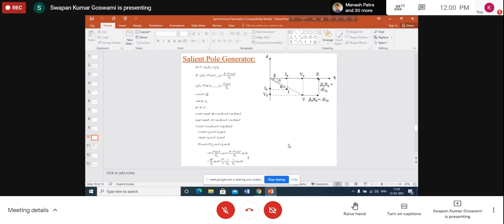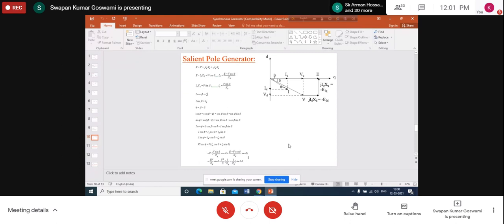Means we can say that salient pole type machines are having greater inherent stability than the cylindrical rotor type machine. Inherent stability greater কেন বলছি, because by changing a small value of delta, you will have a greater variation in P, or for a greater variation in P, there will be small variation in delta. কম চেঞ্জ করতে হবে, অর্থাৎ মেশিনটাকে as if নাড়ানো যাচ্ছে না, মেশিন very strongly coupled with the bus bar, এমন strongly coupled যে তুমি এটাকে চেঞ্জ করতে পারছো না.